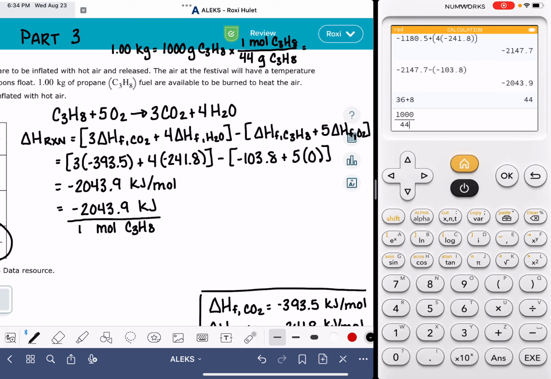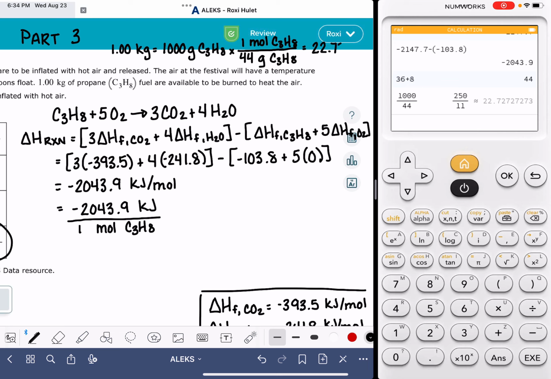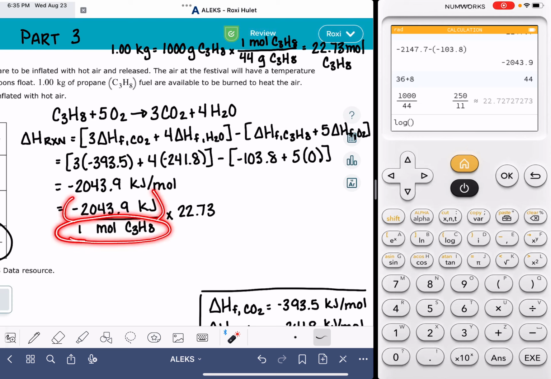1,000 divided by 44 gives me 22.73 moles. So in my 1 kilogram of propane, I have 22.73 moles of propane. I'm going to burn all 22.73 moles of propane, and that is going to give me way more than 2,000 kilojoules of heat. Remember, every 1 mole that burns is producing 2,000 kilojoules of heat, and I've got way more